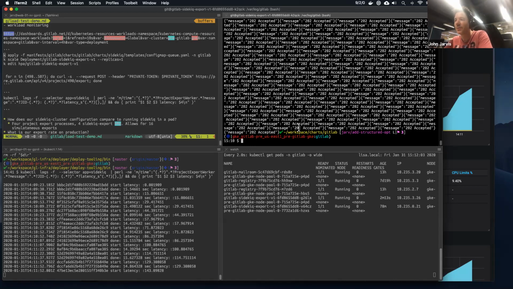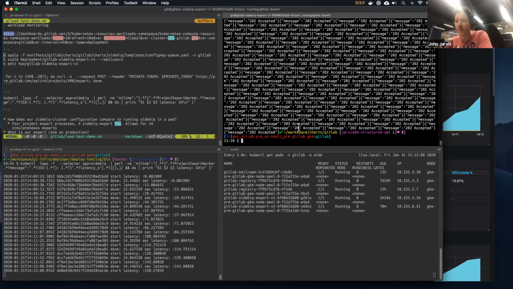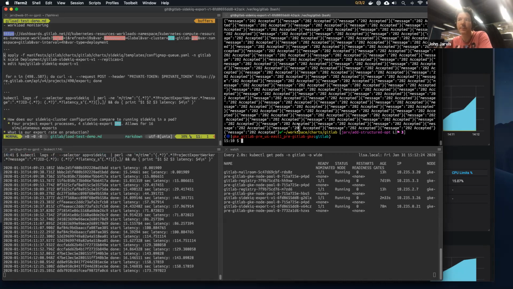So in that case, with only one pod, the CPU doesn't climb. So we're kind of stuck at one pod and we're blocking everything else. So that's no good. We probably would want to scale up in that case. And that's where I think we're lacking a bit. We have in production now 4 sidekiq export VMs and 4 sidekiq processes running in each, so that we can do 16 simultaneous exports,